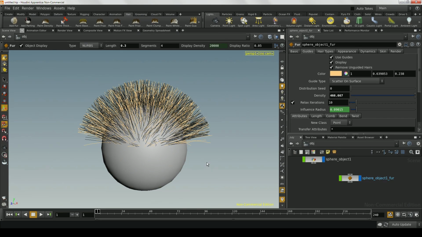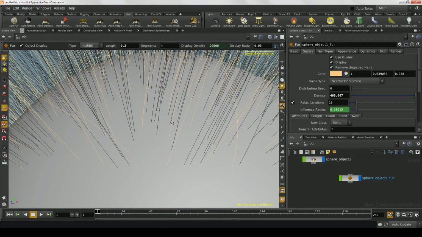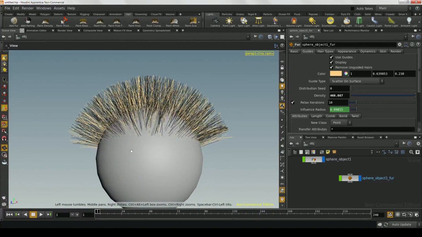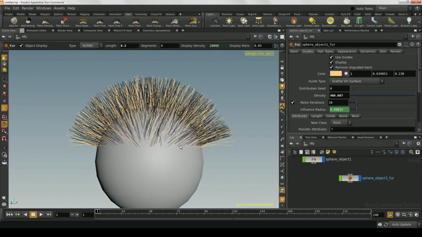So these guide hairs have an effective radius around them, right? Like if we zoom in really close, you can see there's a lot of hairs in between each guide hair, and each guide hair is going to look out in a certain radius around it. And in fact, that's this influence radius down here, at least when we're in these current settings. So if there are any hairs that are outside of this influence radius from the guide hairs, they'll actually get deleted, which might not sound great to actually have this delete your hairs, but when you think about it, it's really what you want to do because